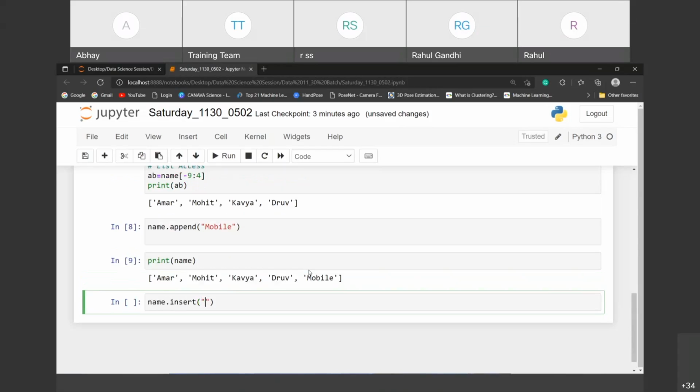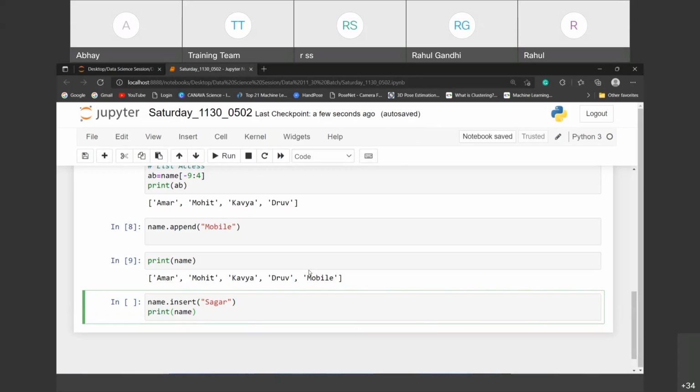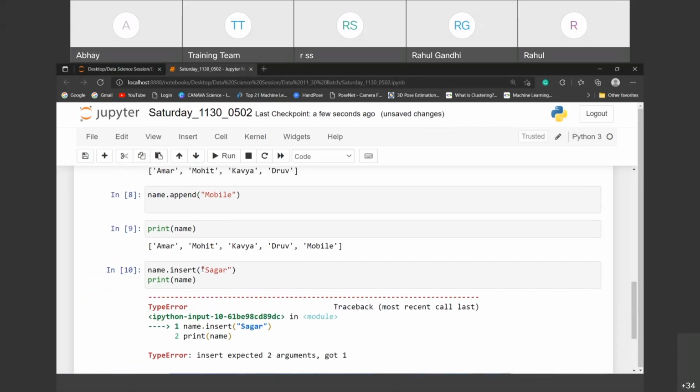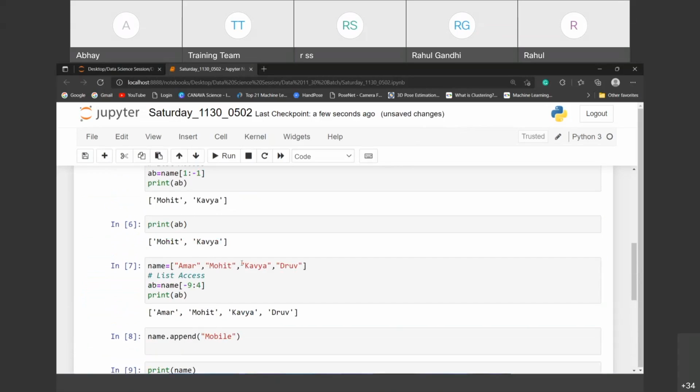Directly, is it able to pass the value? Suppose like this one. Hmm. See, insert expects two arguments. So which one do you want to add? First the position, comma, the name. So better to go for it.